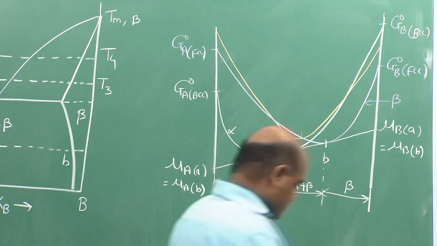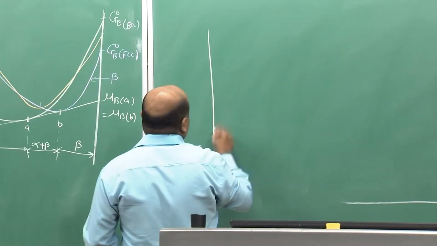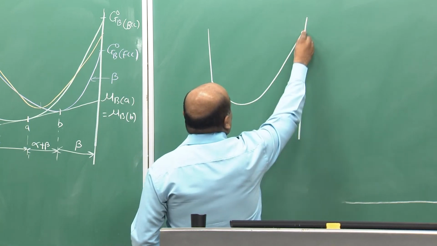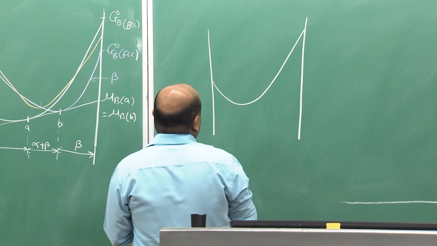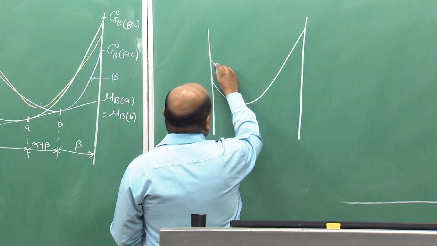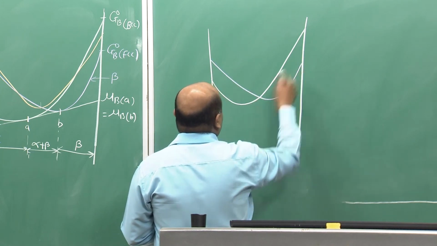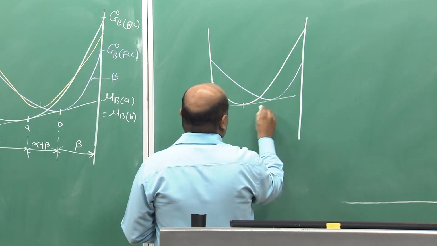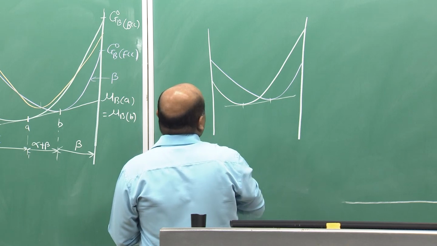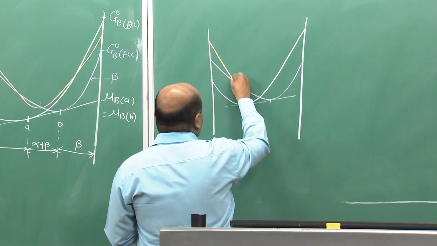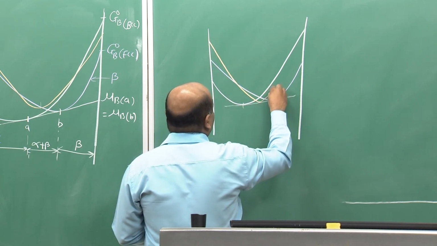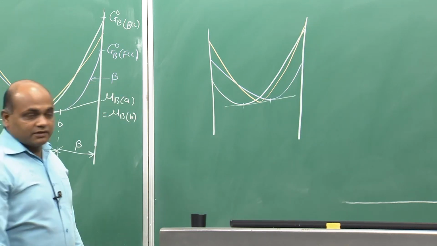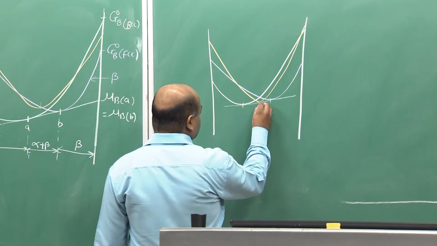So, in that case there is a common tangent and the liquid is also touching, so there is basically a 3-phase equilibrium,